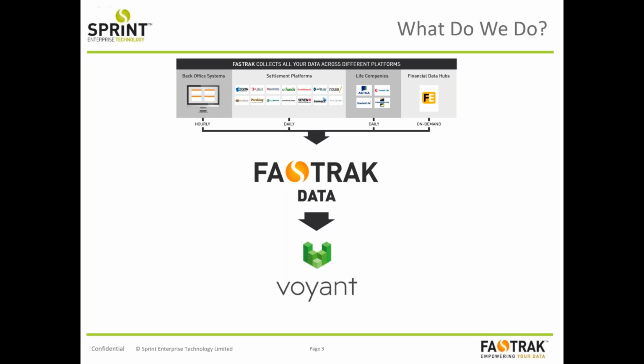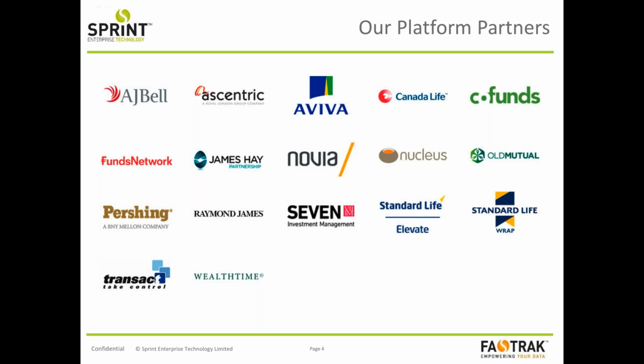The way we collect data is that there's no rekeying of any information to be done. It's all brought through automatically. So if you open up Fastrak or Voyant today, you're looking at the data that we picked up from your providers and your platforms last night, which means that you're always running the latest version of that data. And the platform partners that we currently work with are here, and you can see that list. So if you have data on any of those, we can bring that data and make it instantly available